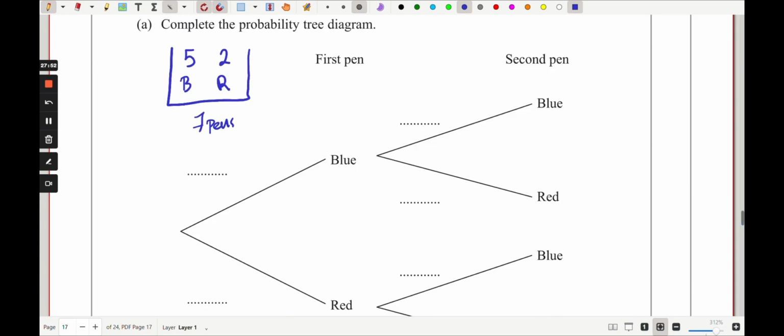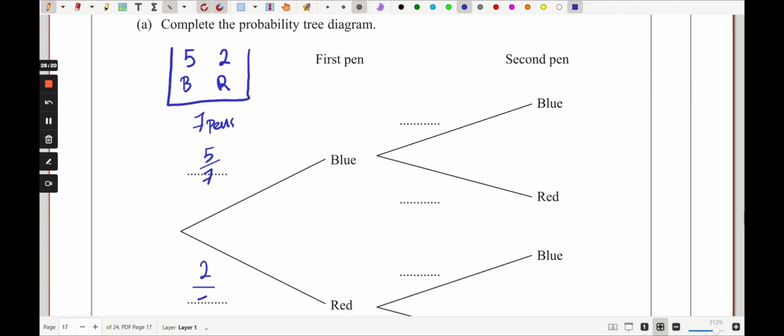We'll take 1, which is 5 blue out of 7, because we have 5 blue pens, so we'll take 1 out of the whole number of pens, so 5 over 7. For sure, a red will be 2 out of